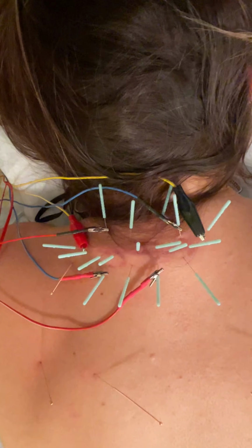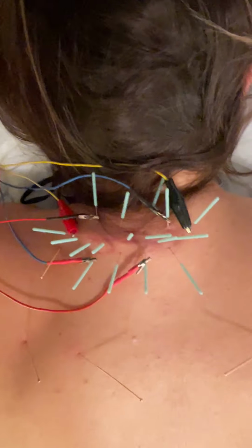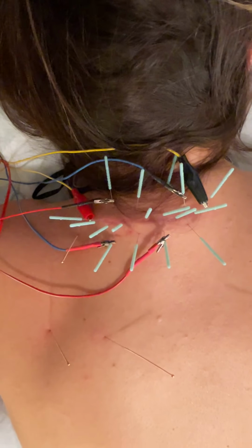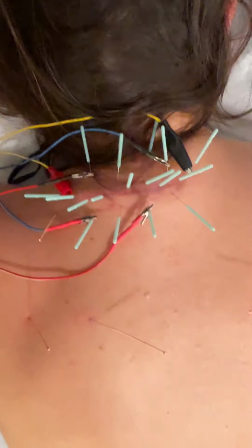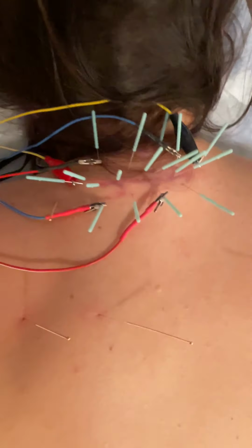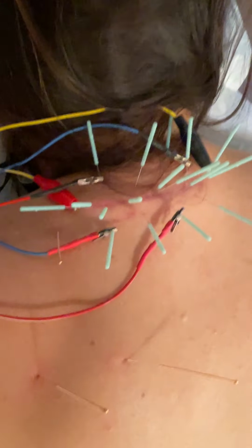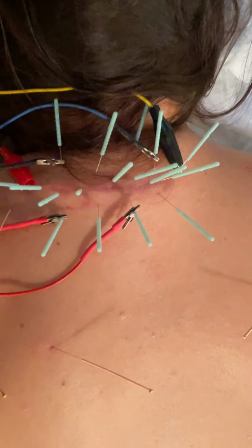Now, normally when I have the electrical stimulation cranked up really high, as I do in this case, you would see the muscle jumping a bit or a lot, but because it's a scar, you don't see a lot of movement, but she feels it. Do you still feel it? Mm-hmm. Yeah. So she feels the electrical stimulation, and this is a way to break up stagnation of qi in